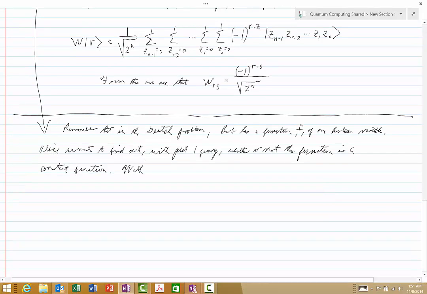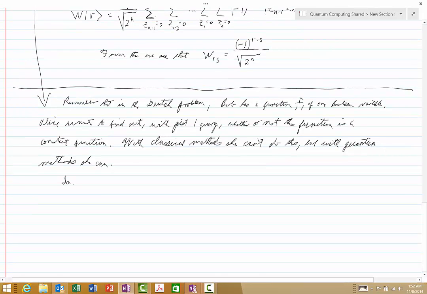With classical methods, she can't do this. But with quantum methods, she can, as we have seen. Now, in the Deutsch-Jozsa algorithm,